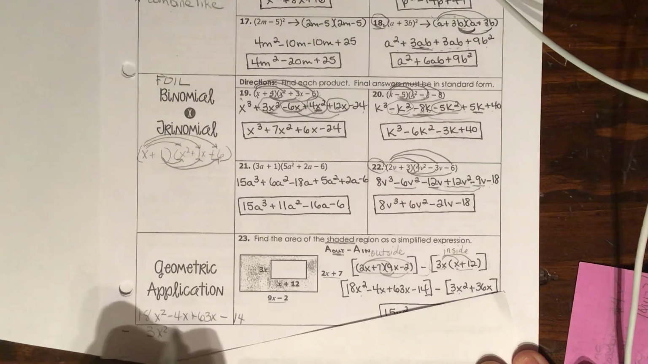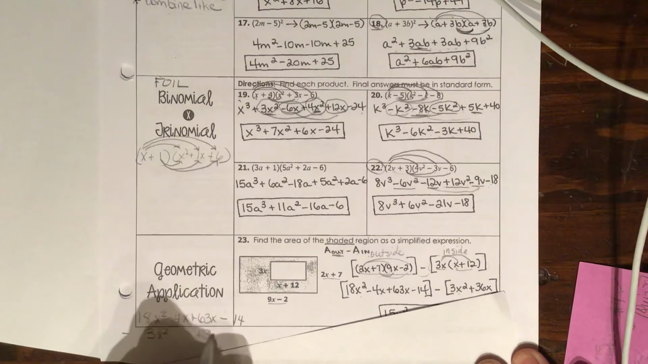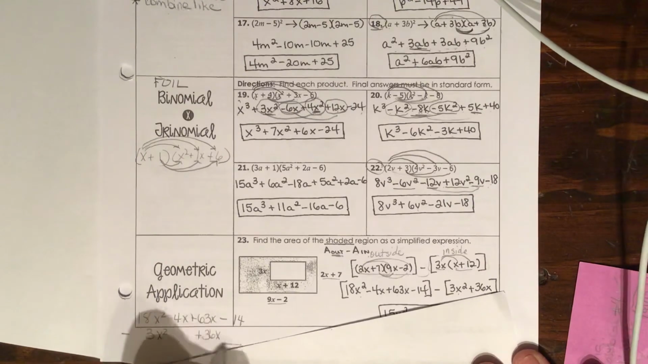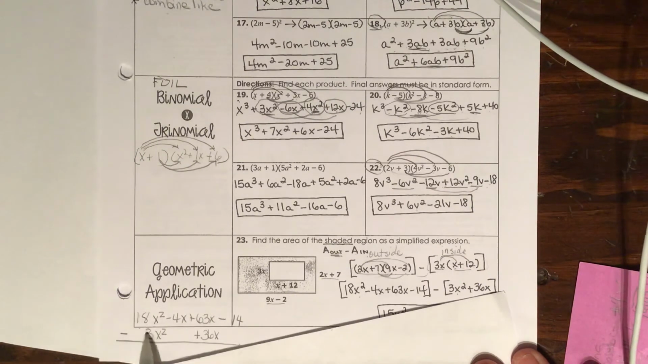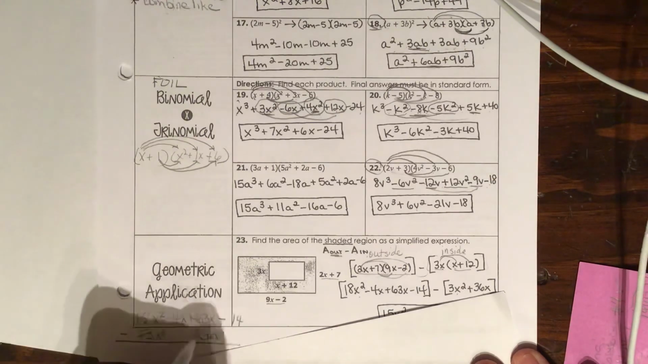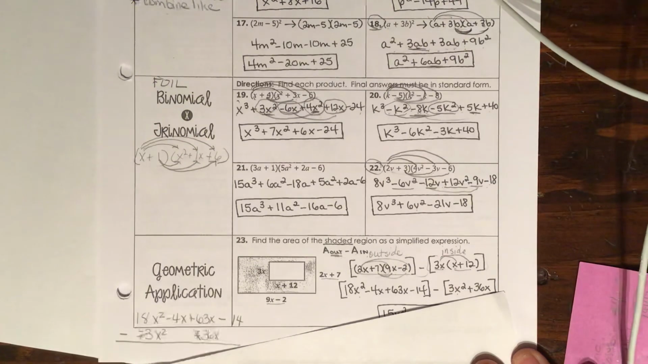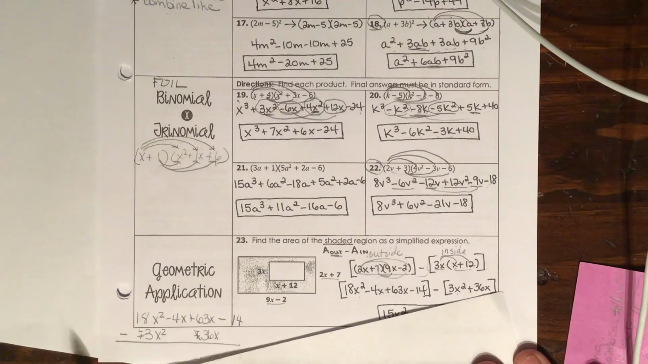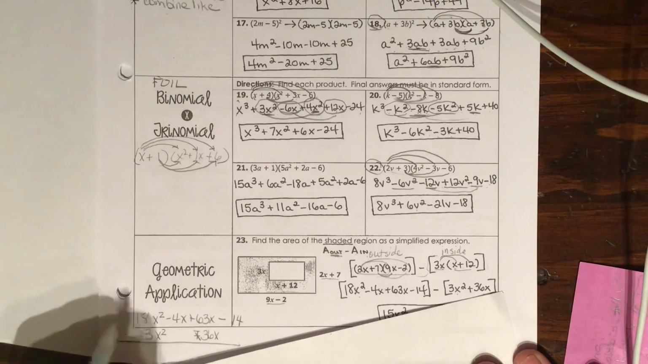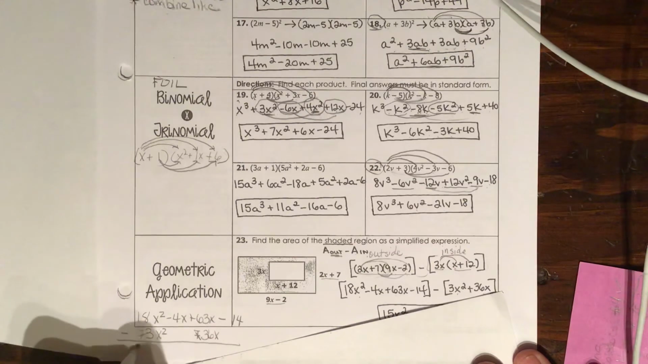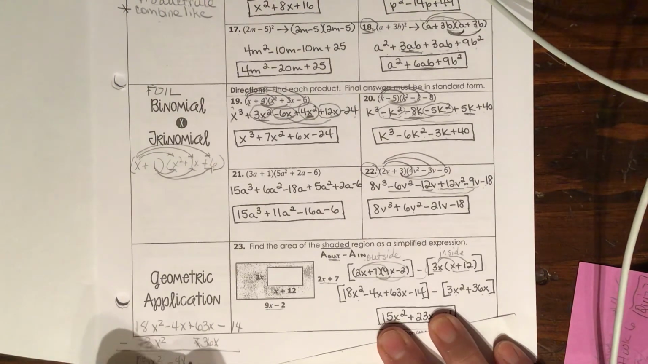3x squared plus 36x. But because we are going to subtract, what happens to the signs of these two numbers? They change. So this is not going to be a positive, it's going to be a negative. This isn't going to be a positive, it's going to be a negative. And so really that's the biggest part of subtracting. So 18 minus 3 is 15x squared minus 4x, and plus 63 minus 36 is